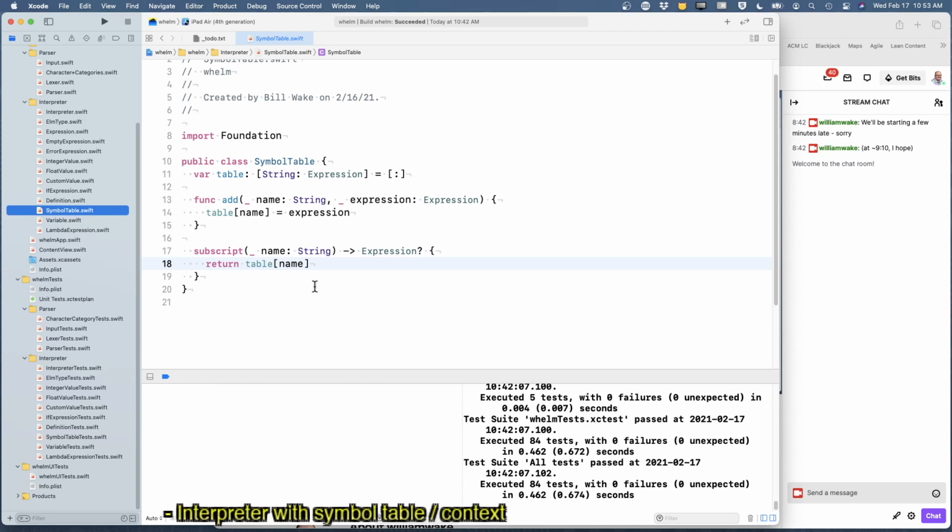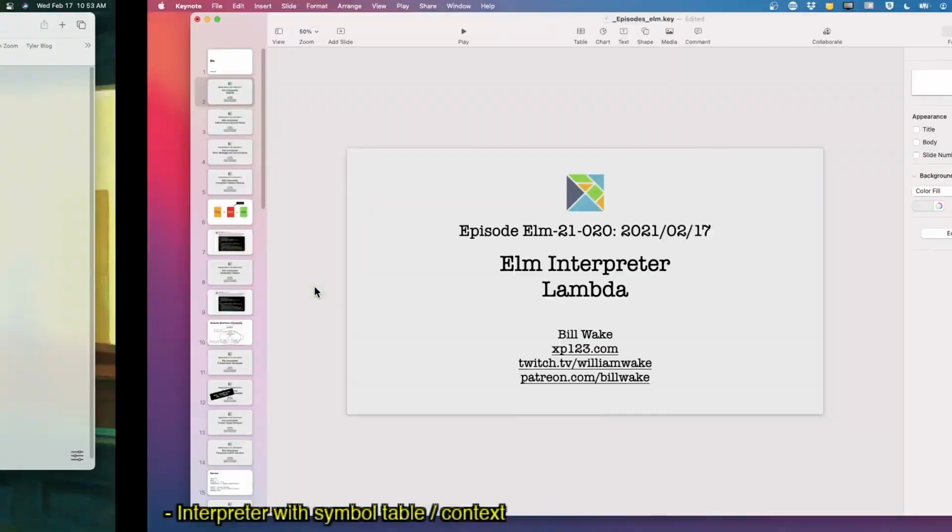So we would like a symbol table that says look for a name in a context. So we want to treat each symbol table as a context. So look for a name in a context. If you don't find it in this context, look in the next outer wrapping context. And so as we had here,